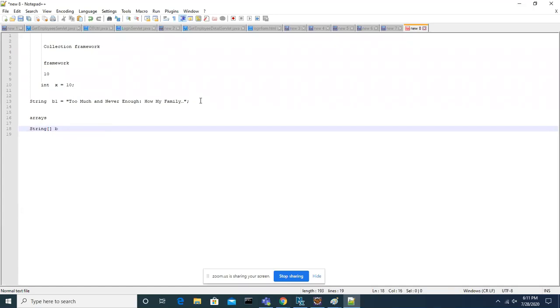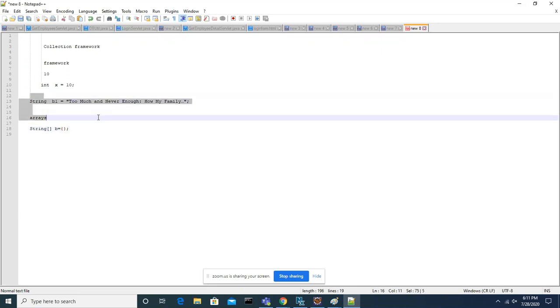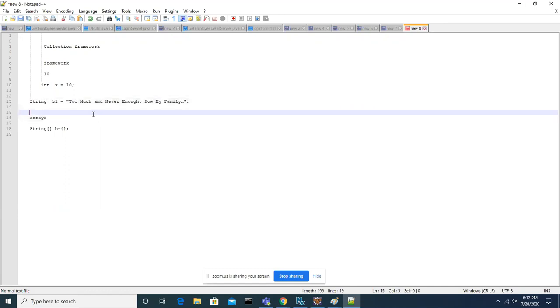I declared B. Then within a single variable, I can add a number of books. Am I right? This is the solution. If you want to handle one or two values, you don't need to think about the arrays concept. But when you are trying to process a group of values, declaring variables for multiple values is a very big headache for the developer. It's also very complex, and you have to do a lot of code handling. It's not that easy, right? So that is the problem.